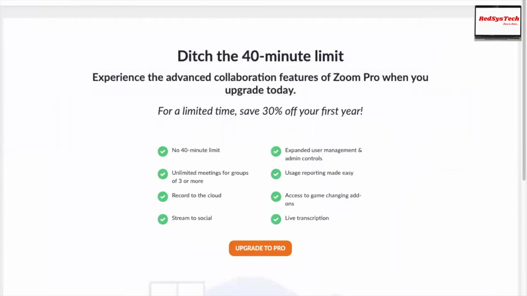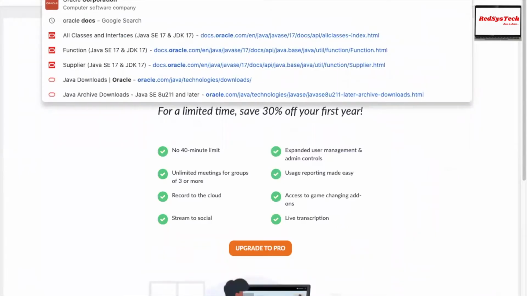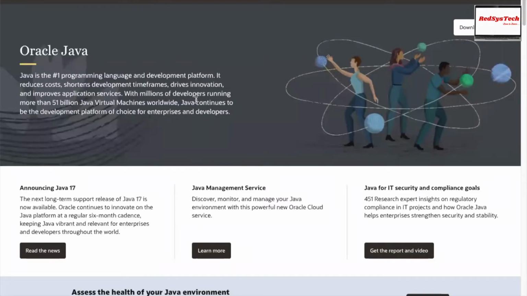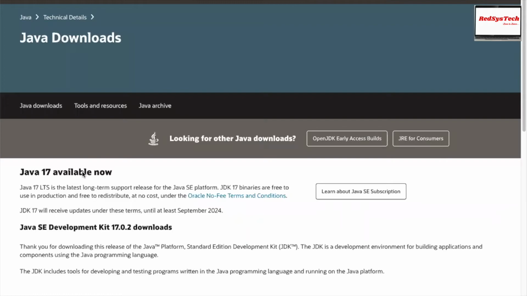So if you want to install Java, go to oracle.com Java, where you can create a user account, which is a free account. Then go to Java download. Right now, Java 17 is available in the market, which is the latest long-term support.